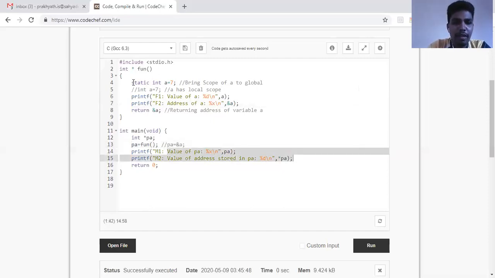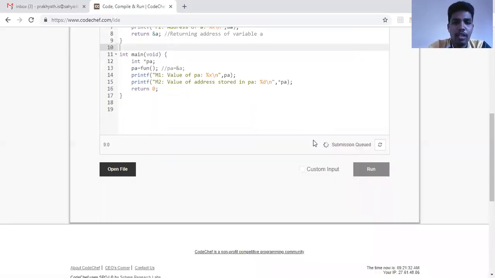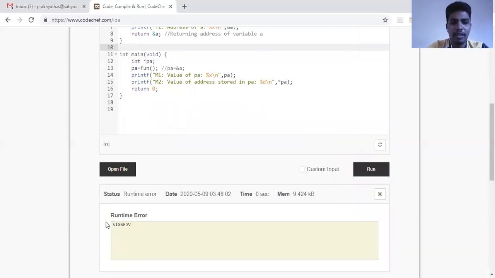So I'll show you the runtime error once again. What happens if I don't write static int a? If I just write int a, the program is perfectly fine. There is nothing wrong at first glance. Tracing is also perfectly correct. Why? Because the function is returning an address and I've written int star and there is a pointer to collect the address. But the problem is with respect to computer memory, how memory is given to each function. And to understand that, I'll run this particular program and I'll show you the runtime error. So you can see here, there is a runtime error. And some of these compilers don't even tell what the runtime error is.